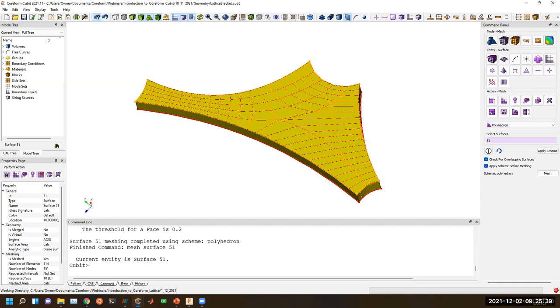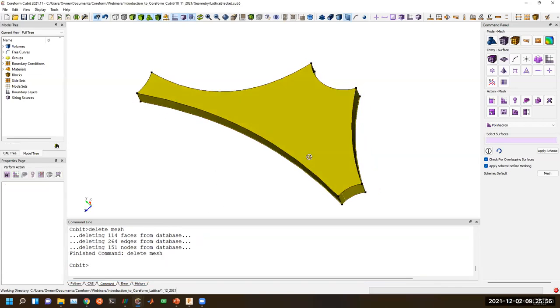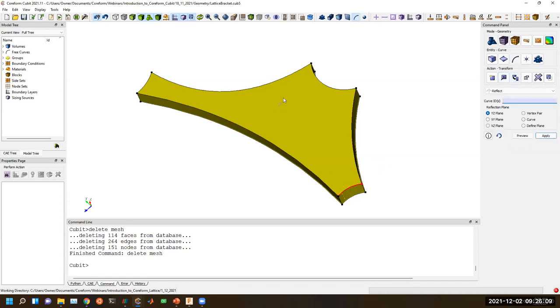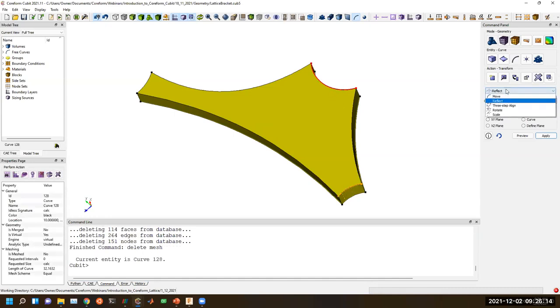And actually, I believe I did one other thing. Let me just pull this up. I actually split this geometry. Yeah, so let me actually split this geometry. So we did compositing, but now I'm going to partition the surface even further. Again, in preparing the CAD model, I'm going to split curves. So I'm going to get a dividing curve that divides maybe these faces in halves. So I can take a curve, modify, partition,